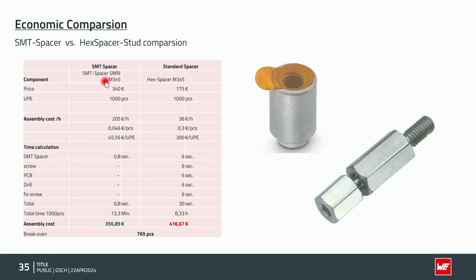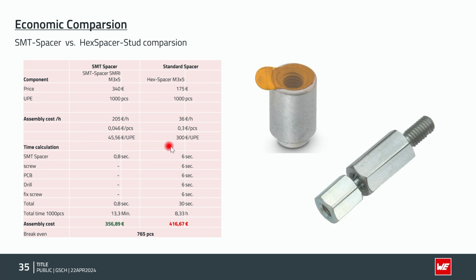And here you have the component price per 1,000 pieces approximately, and of course the assembly cost, which is on the pick and place machine much higher than by hand. Of course, you don't need so much preparation here by hand. So that means the assembly cost here